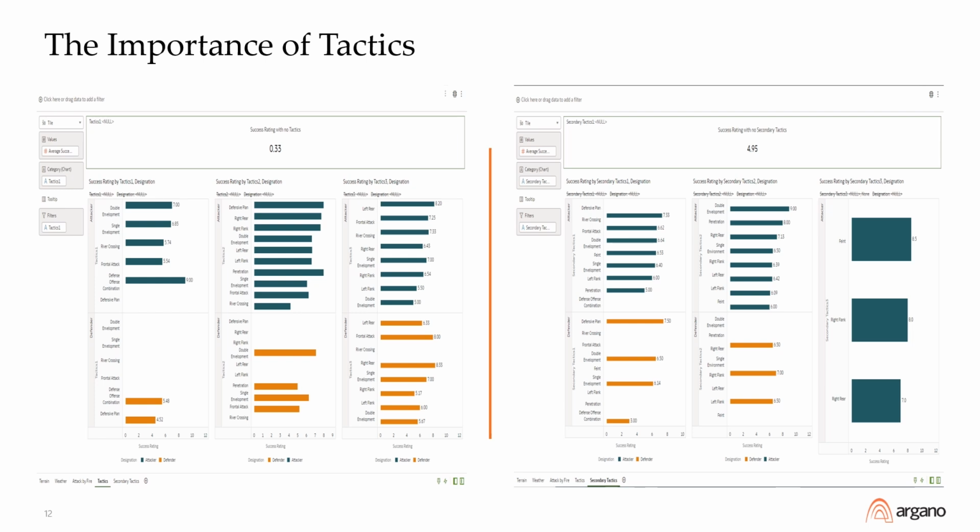From my findings, it looks like the more conservative battlefield tactics had the most success in the first phase of the battle, and then as the battle progresses, the tactics get generally more aggressive, and that's the same for both the attackers and the defenders. You can see here that the success rating in the first phase of a battle for frontal attack is pretty low, but as the phases keep going, it steadily becomes more and more successful,